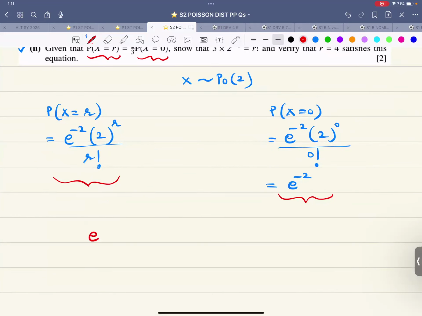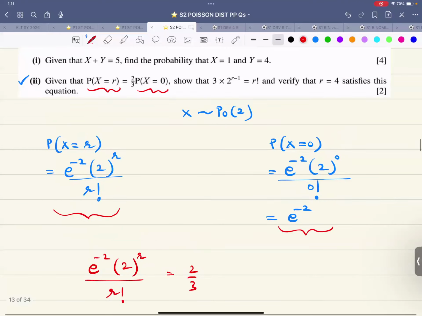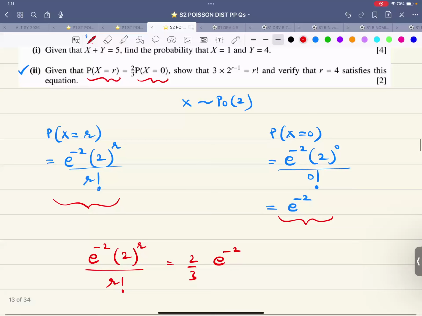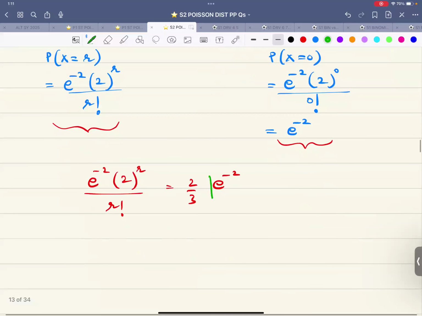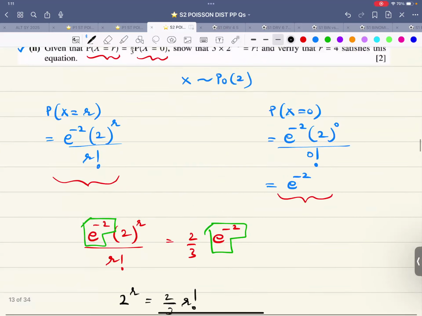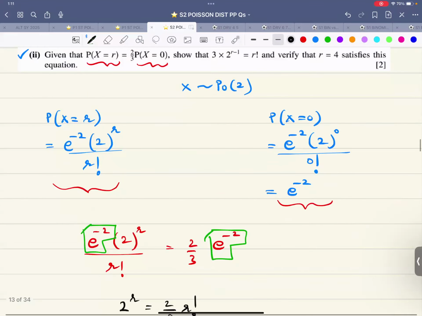So this is e raised to power of negative 2, 2 raised to power of r over r factorial is 2/3 of e raised to power of negative 2. We just have to simplify it. Very simple. So e raised to power of negative 2 cancels out with e raised to power of negative 2. We are left with 2 raised to power of r is 2/3 r factorial,